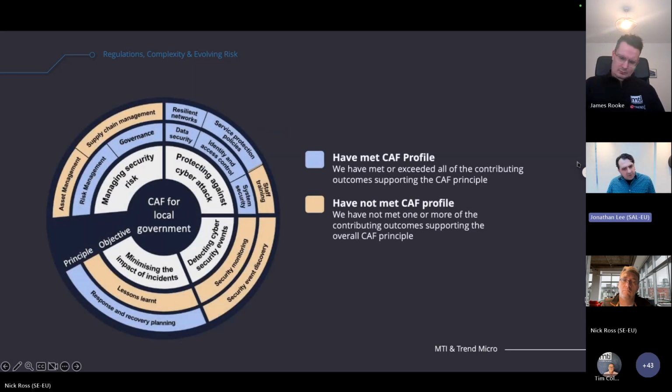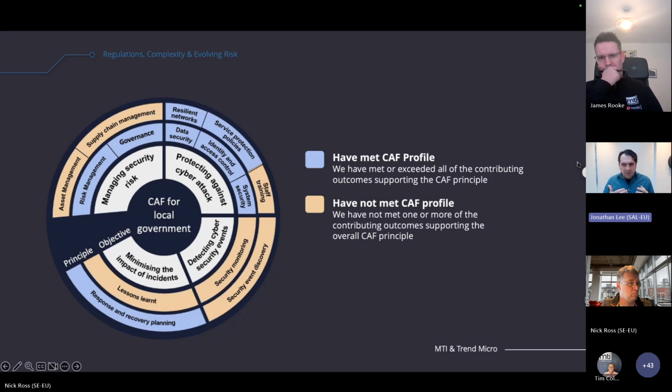But what this looks like, for example, for a local authority is something like this, like a little map here, which talks about the controls that are in place. But this is not just something for local authorities. As I mentioned, it's operators of essential services. So initially, this was mandated via GovAssure across central government. But now it's going out into the NHS, for example, with the CAF becoming the basis of the data security and protection toolkit.